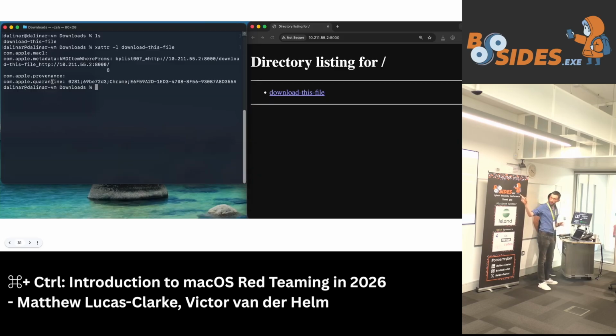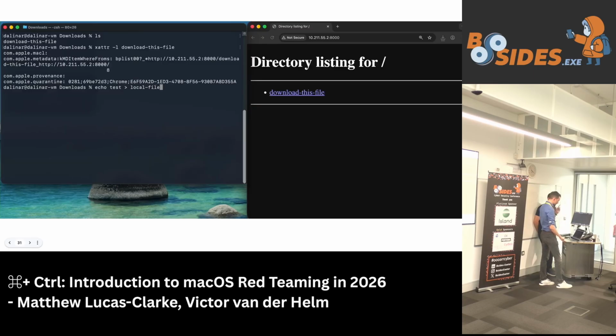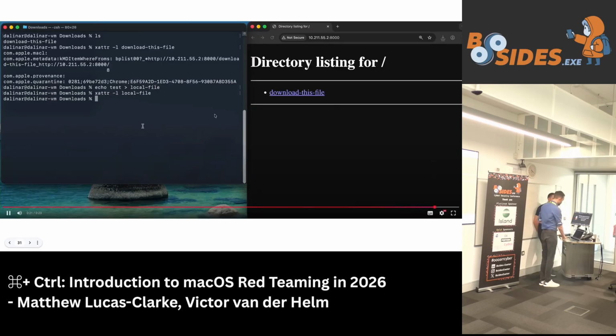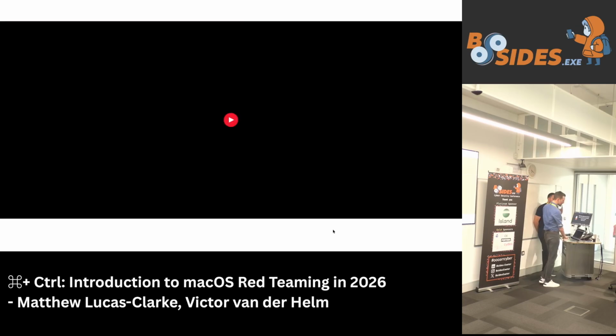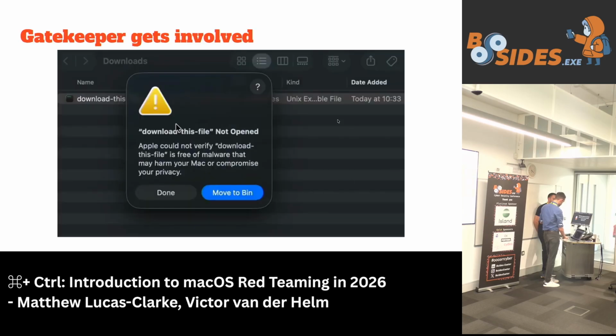This is Chrome essentially ratting on us and saying, you didn't make this file, macOS, I downloaded it for you. And just for a simple comparison, if I make a file with echo and then list its extended attributes with the xattr command, we'll see there's none. So this quarantine thing is like Mark of the Web, something that gets applied when you download a file. And that's the screenshots in case the video didn't work.